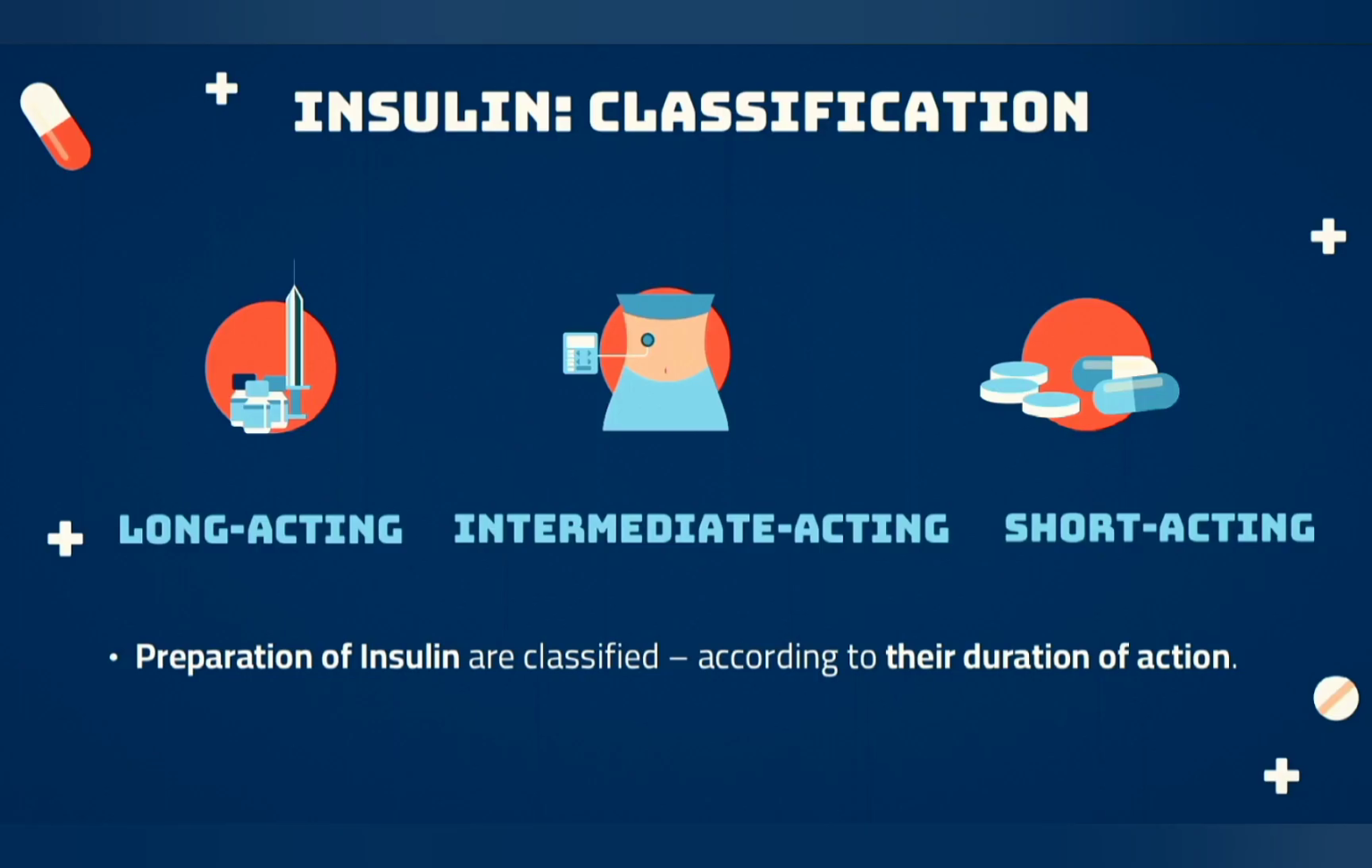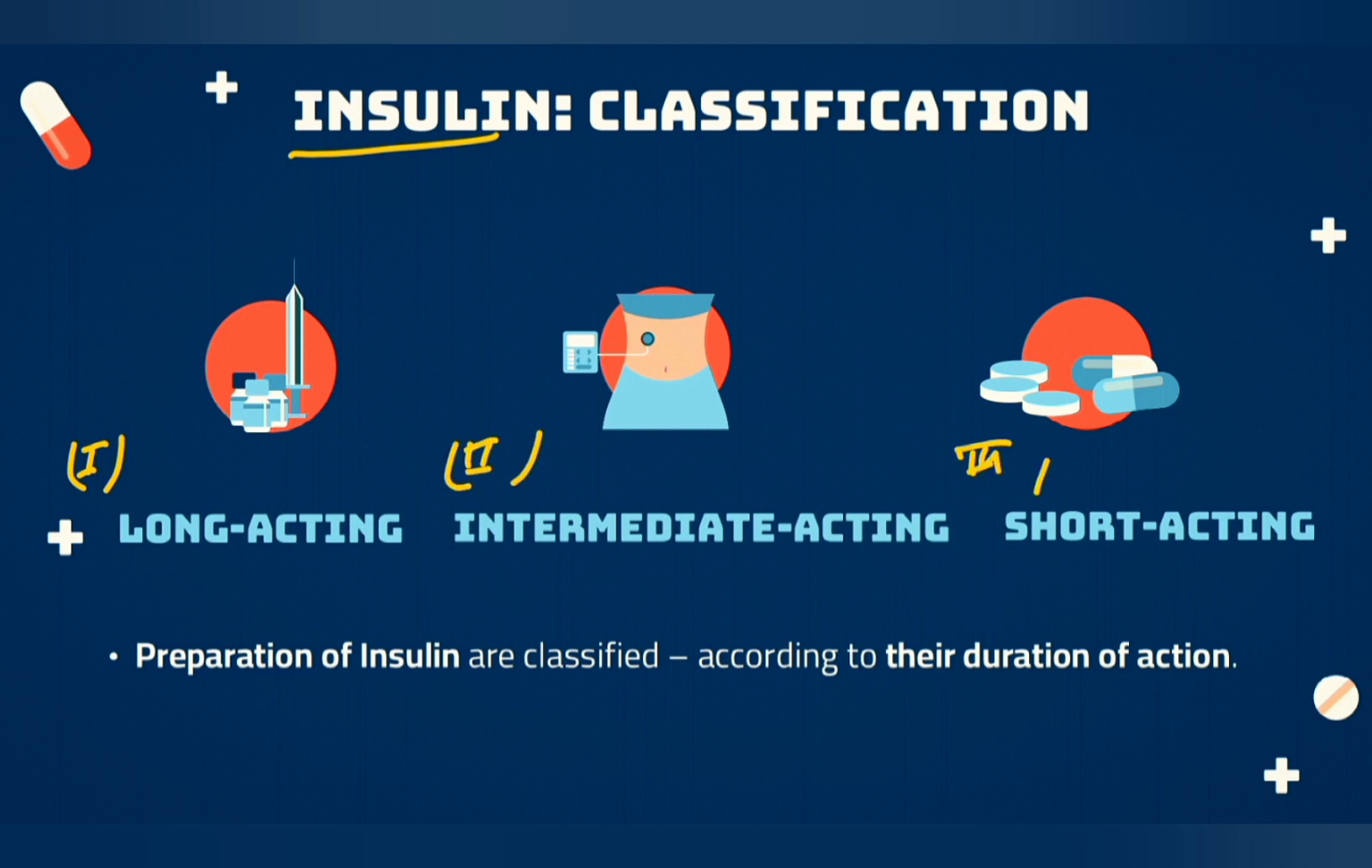Now let's have some discussion about the classification of insulin. Insulin can be broadly divided into three categories: the long-acting insulin, the intermediate-acting insulin, and the short-acting insulin. And this classification of insulin has been done according to their duration of action. Now first we discuss